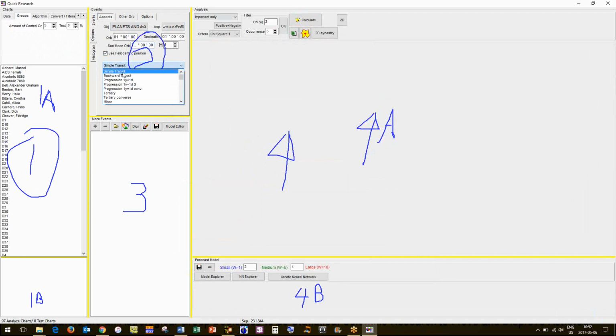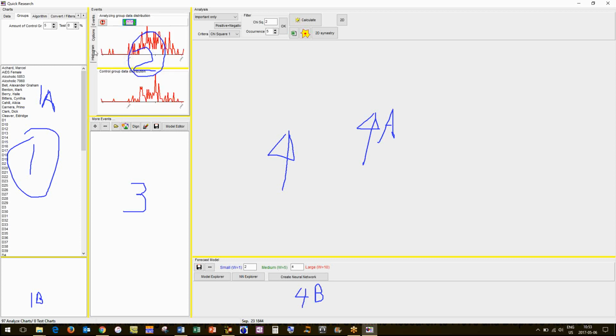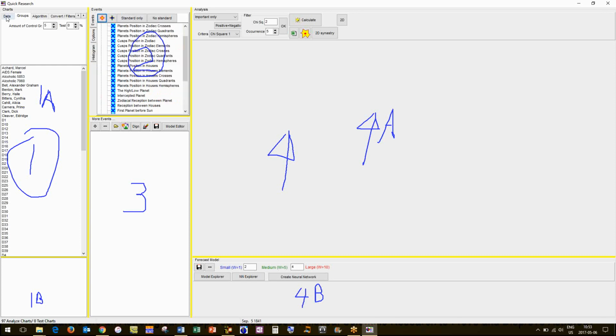This is for setting and examining different transits. Here, you can use heliocentric if you want. Other orbs, occultation, high-low planets, you can set that option. For house rulerships, this is not where we set house rulerships, so don't use this section. I'll show you where to set that in a second. And this gives you a histogram of the charts across the years, so you can see the span of your charts. Let's go back to the data.